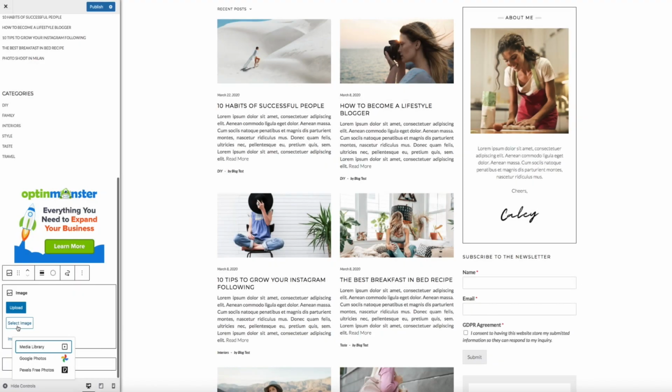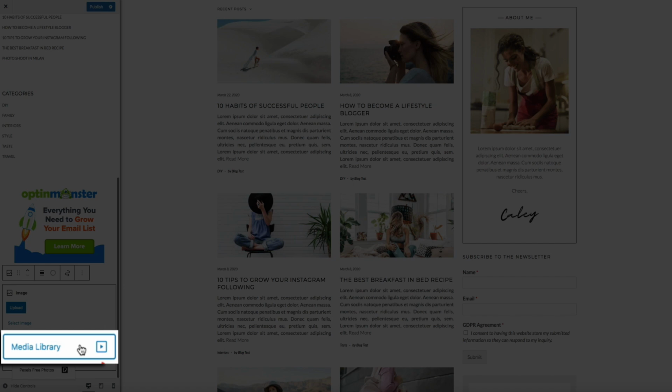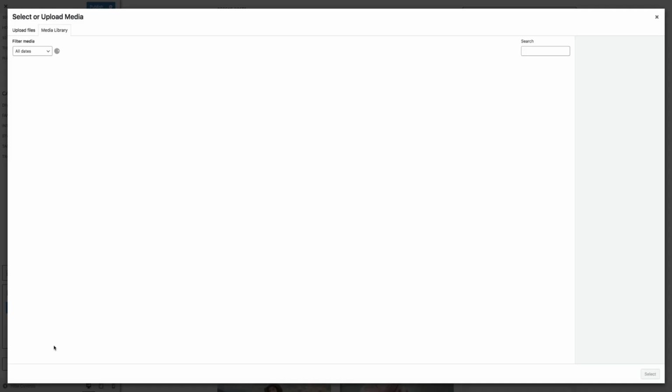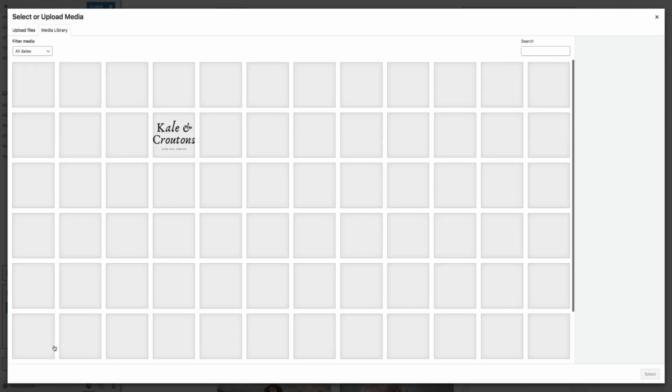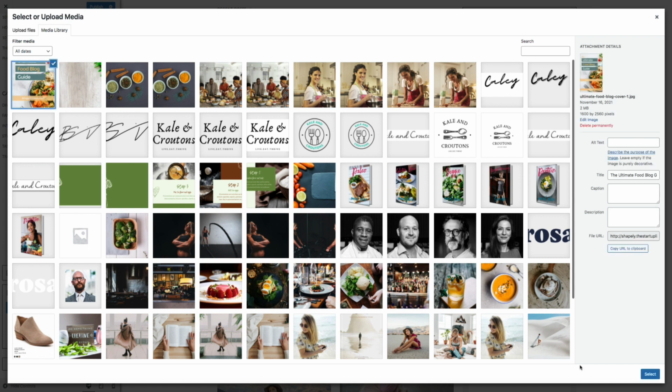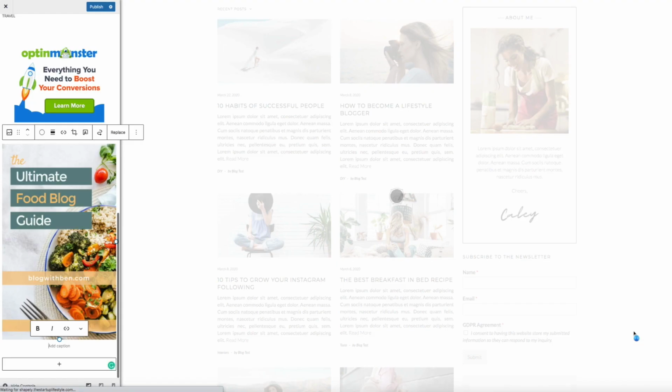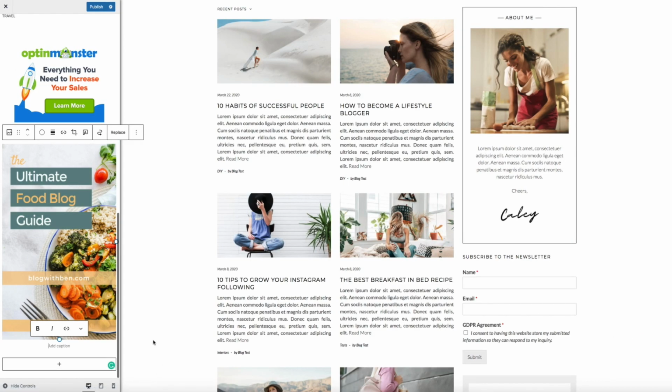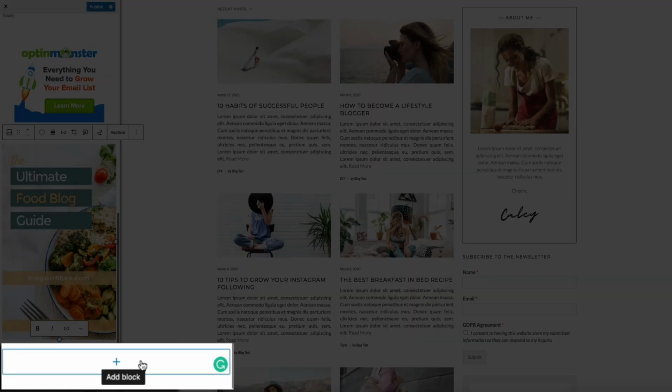And this image is in my media library. And then I'll select the image I want to use. And there we go. Now, you can't see the image because it places the block at the very bottom of the sidebar by default, but I'll scroll down here in a few seconds so you can see what it looks like. Next, I'm going to add a button, so click the Add Block again